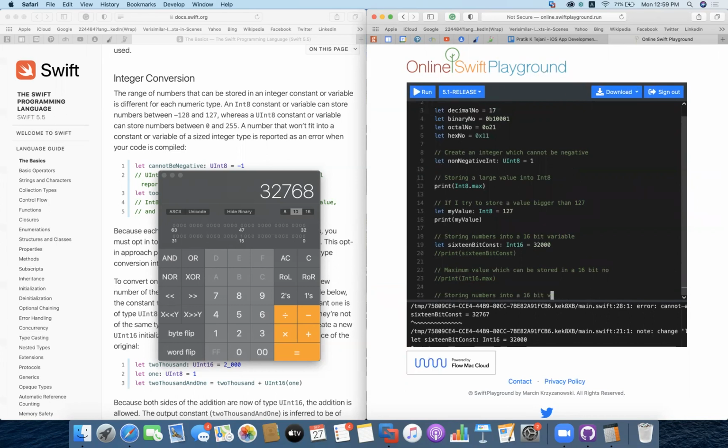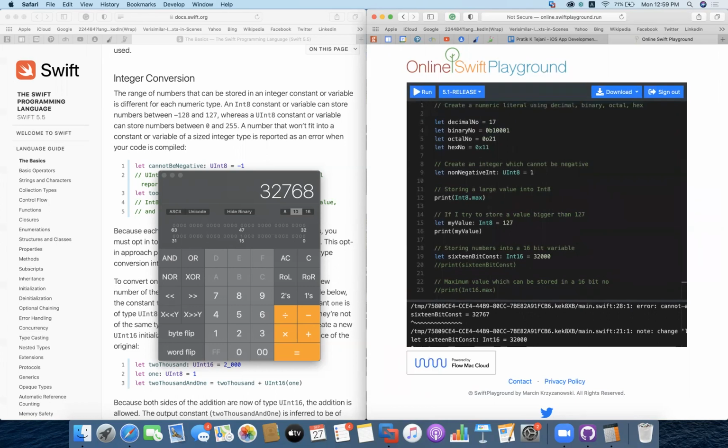Okay, so I believe you are clear with that concept, that we can store a max value only within a variable when it comes to the storage of elements. Okay, is that clear?